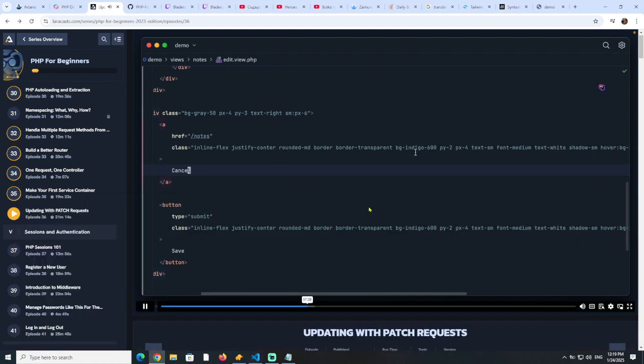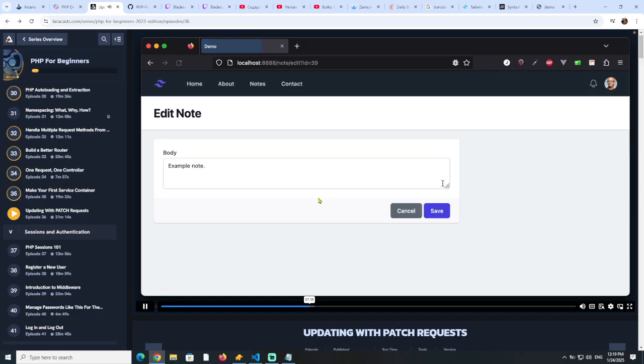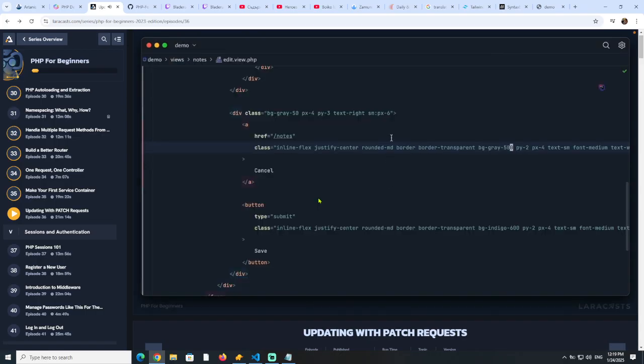And then the only thing I want to do here is change the background to gray of 500. Let's see how that looks. Yeah, just something like that. And you know what? Why don't